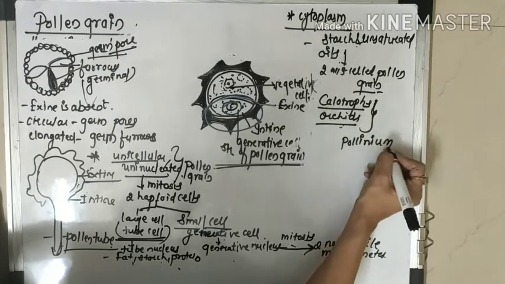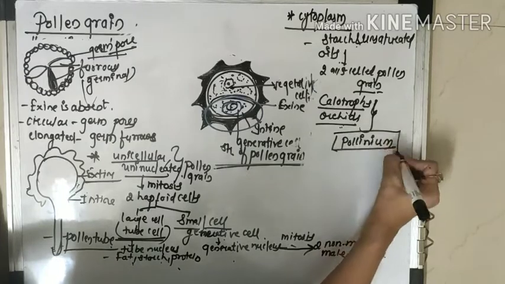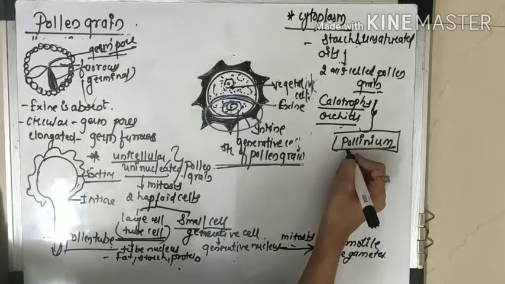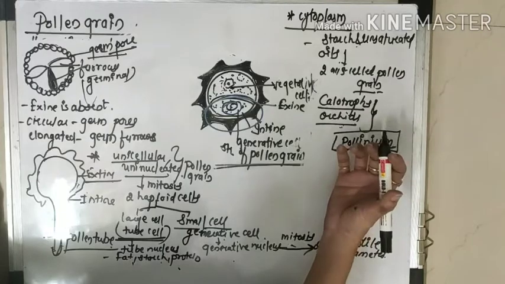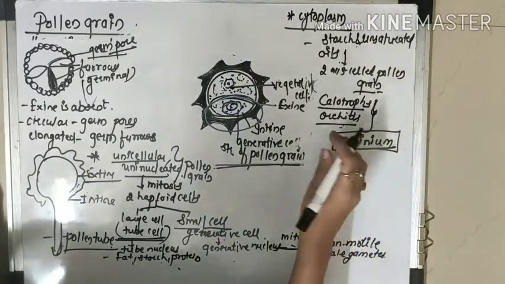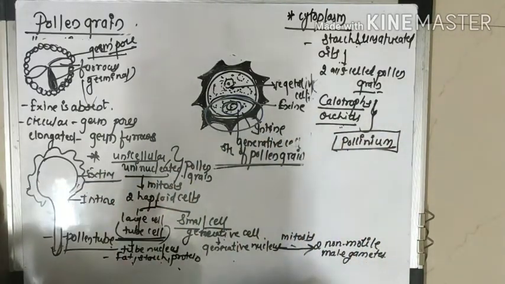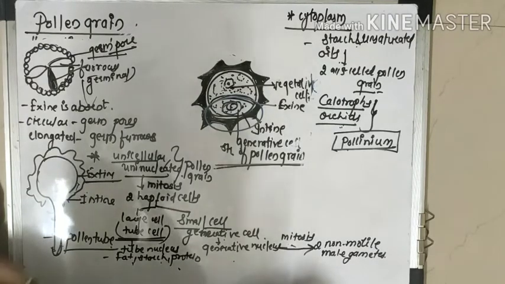It means in these two plants, pollen grains are present in the form of pollinium, and we know what we mean by pollinium. Pollinium is nothing but the mass of pollen grains present in each anther lobe. It sticks and is transferred by a pollinating agent, such as an insect. So it acts as one unit, and this whole unit gets transferred onto the stigma of another flower.